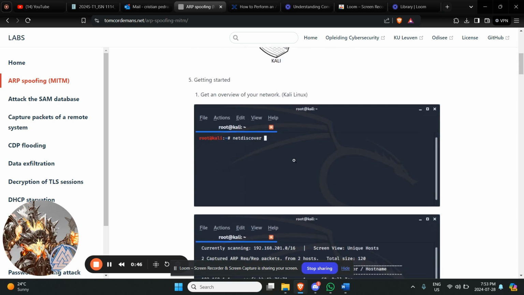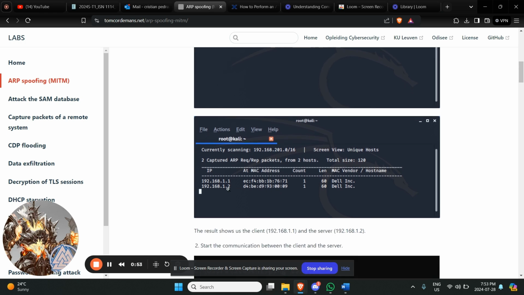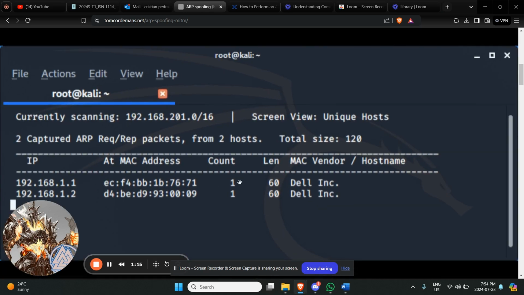We're going to start by doing a host scan, where we're going to find out that the entire network has IP addresses 1.1 and 1.2, host and server, or server and host, that doesn't matter. But we can see that the MAC addresses in this example end in 7671 and 0009. After we identify what's going on